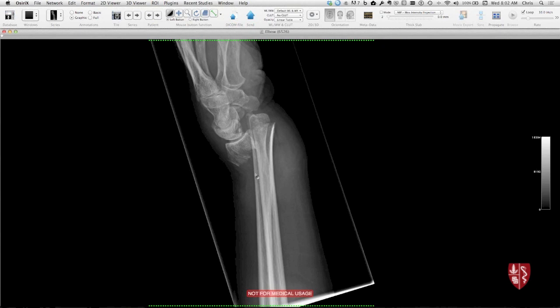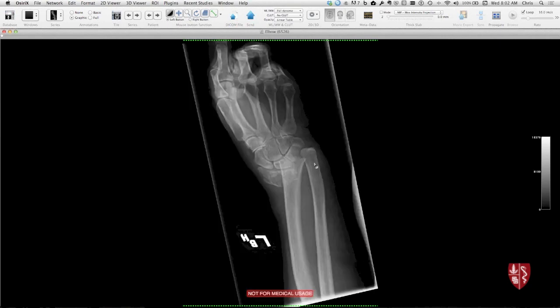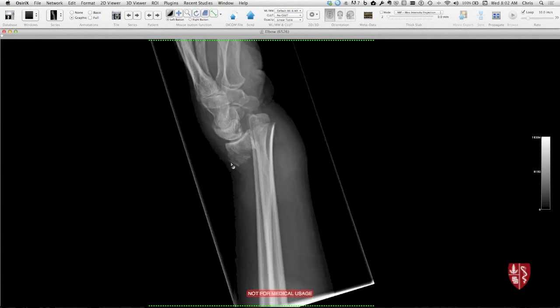This one is pretty obvious here, hopefully. You might be tempted to call this a fracture dislocation. And really, though, if you look at it, it's fracture of the distal radius, but the distal radius components are staying with the carpal bones. So in effect, what it is, it's really just a markedly displaced distal radius fracture where this whole situation should